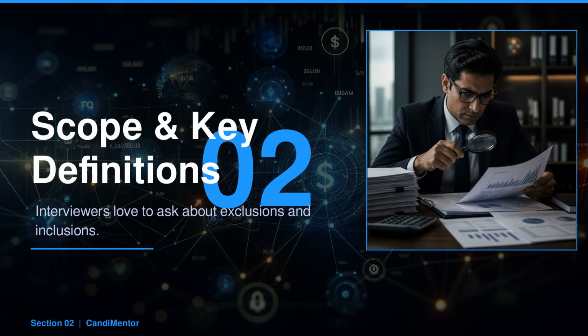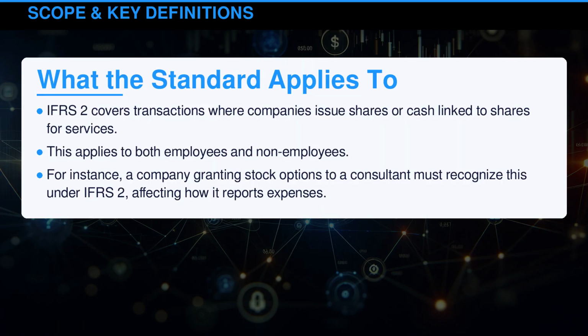Understanding the scope of International Financial Reporting Standards 2 is critical because missing an exclusion can lead to costly errors. Candidates often overlook that transactions unrelated to employee compensation fall outside the standard, a classic interview trap. International Financial Reporting Standards 2 covers transactions where companies issue shares or cash linked to shares for services. This applies to both employees and non-employees. For instance, a company granting stock options to a consultant must recognize this under International Financial Reporting Standards 2, affecting